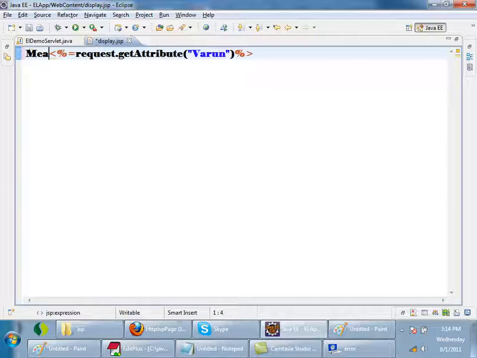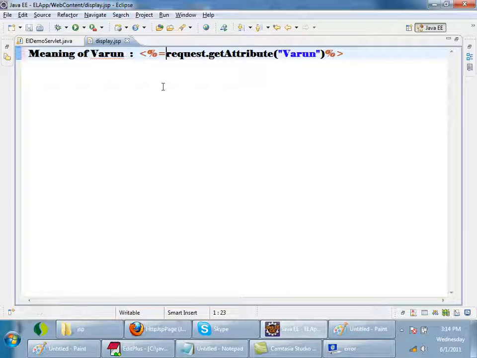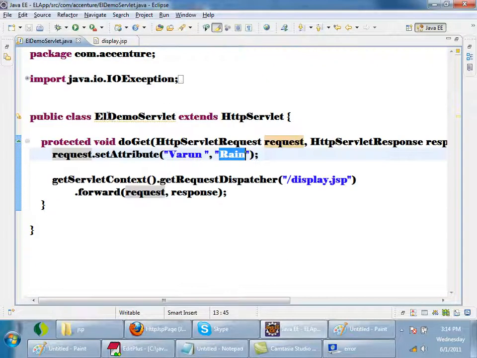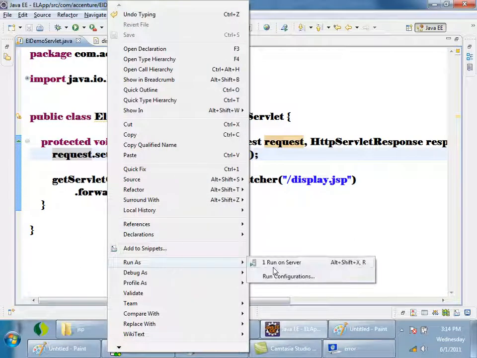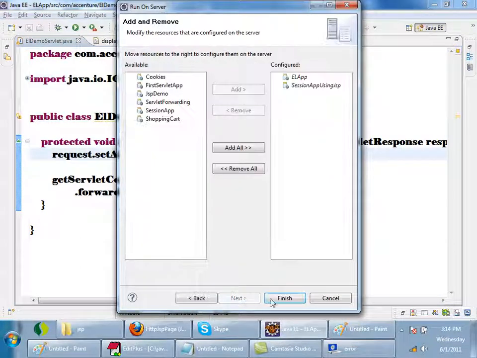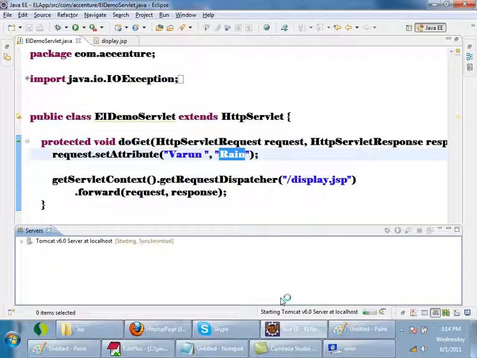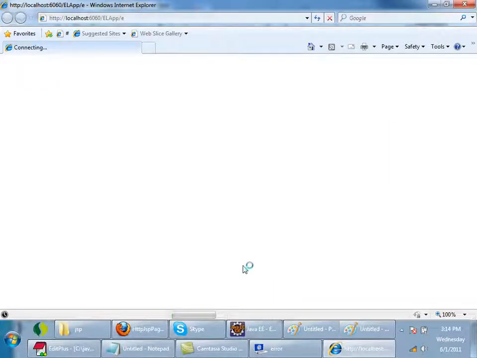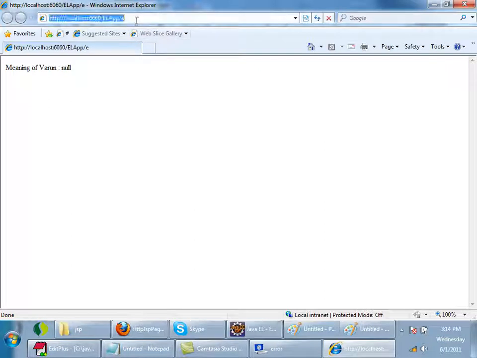I just print the meaning of Varun. Okay, this is how I am printing it. Now I will give a request to the servlet. Now you can see I am giving the meaning of Varun is